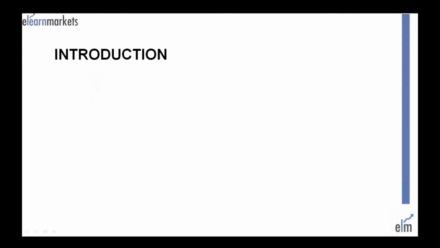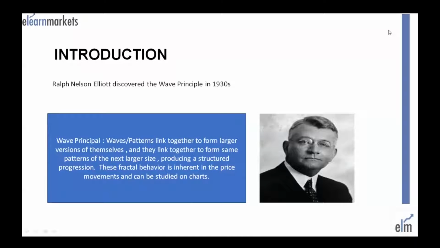So Elliott Wave Principle was discovered by Mr. Ralph Nelson. He stated that the wave patterns link together to form larger versions of themselves. They link together to form the same patterns of the next larger size, producing a structured progression. This fractal behavior is inherent in the price movements and can be studied on charts. I can absolutely expect that this concept completely went over your head if you're